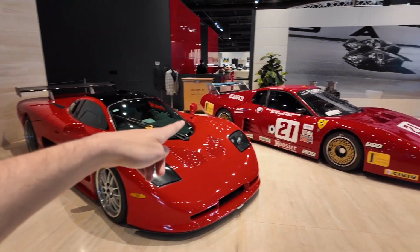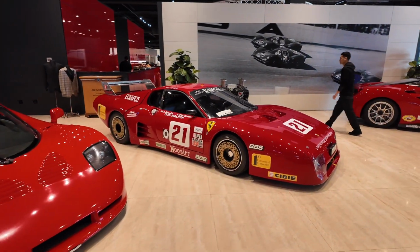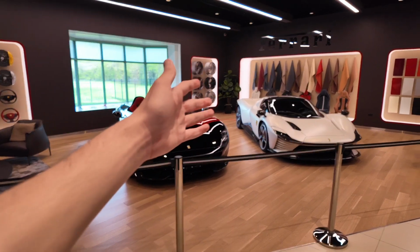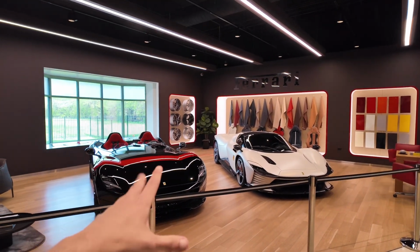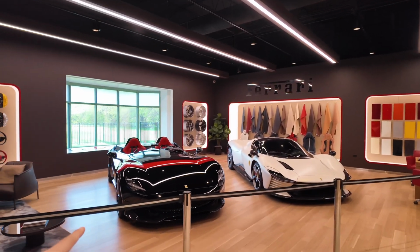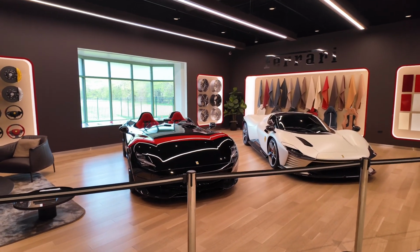And speaking of race cars, 512 BBLM. That is awesome. And Lake Forest also goes pretty crazy with their atelier, not just in the cars in here, but I mean, the setup is super cool. But while we're talking about the cars in here, let's talk about the cars in here, because we have the